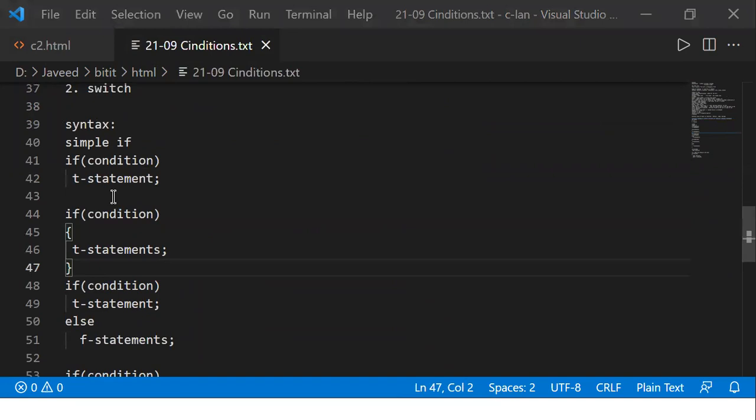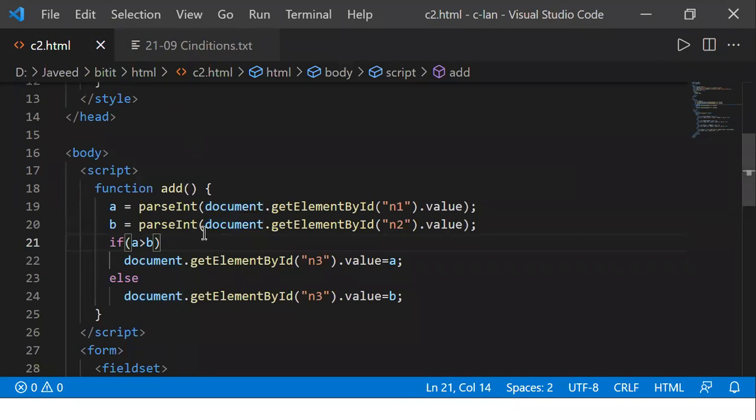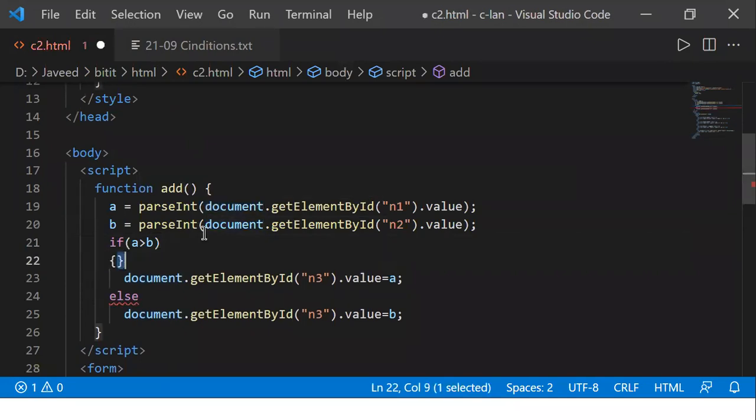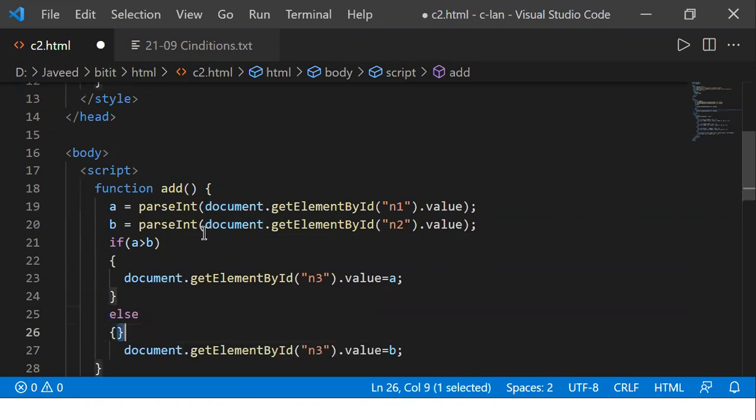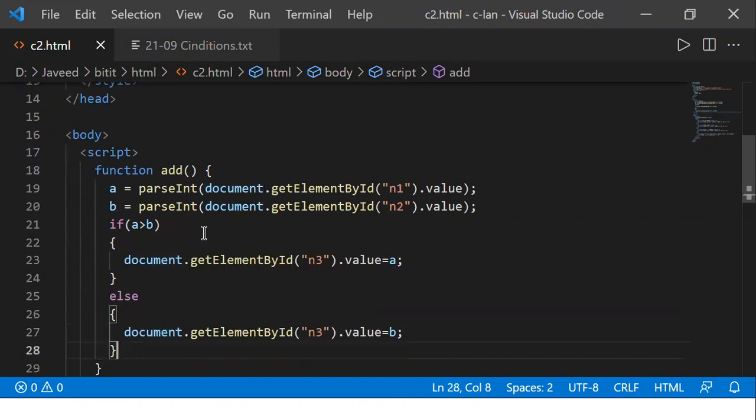Otherwise, if I have only one statement, we can still put it into curly braces. For example, here I can have the braces, no problem. Here also I have braces. So it is our wish if there is a single statement; using the curly braces is optional. If it is only one statement, no need to worry about the braces. If you have multiple statements, then you need to think of the curly braces.